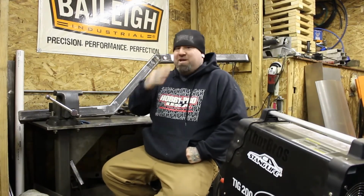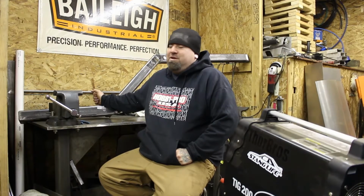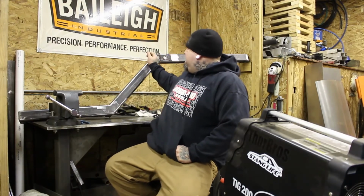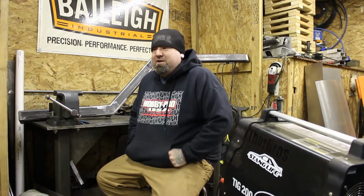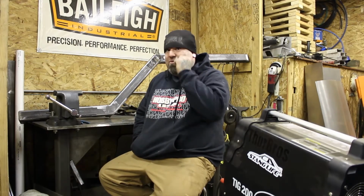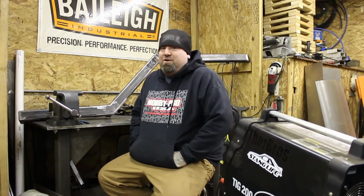I didn't put out a new video this weekend working on Julie S10 because it's all repetitive stuff and I figured you guys didn't want to see that all over again. So I got the frame rails finished. Right now we are putting the fish plates on to strengthen them up a little bit. So I'll get a little bit of TIG welding footage, bring you in, kind of show you what the fish